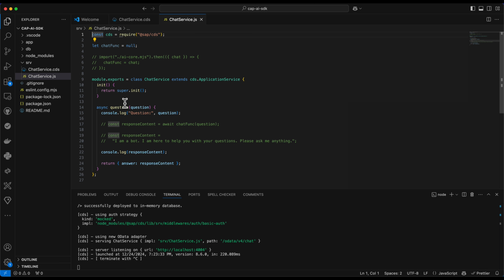This is the same name like our action in the service definition. By means of that, this method will be called whenever the post to this action is being executed. Now what we are doing here is just logging the question, and then